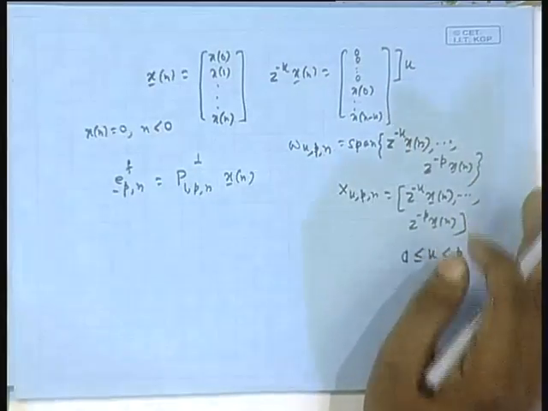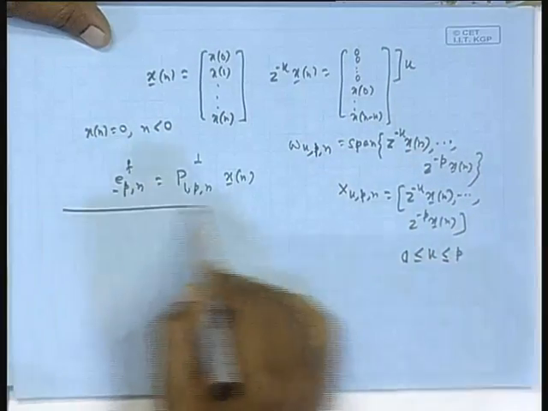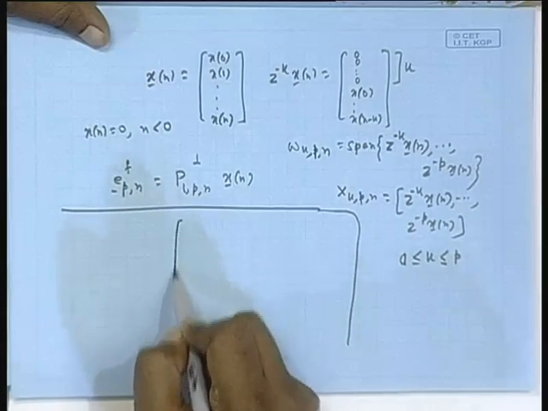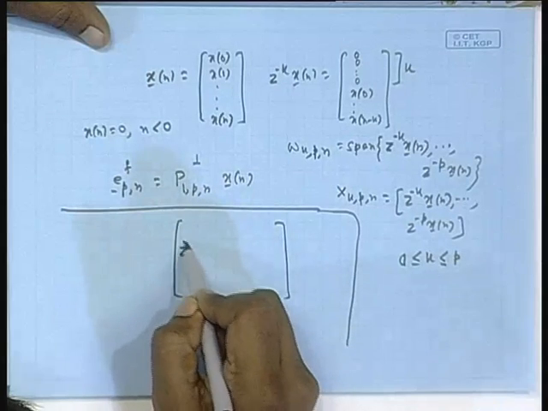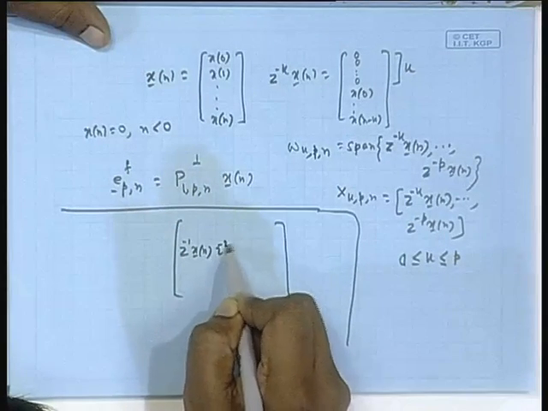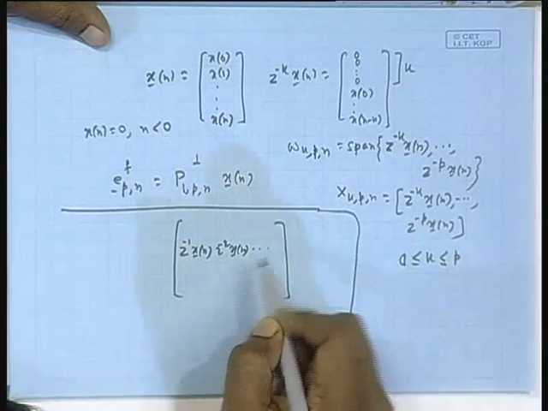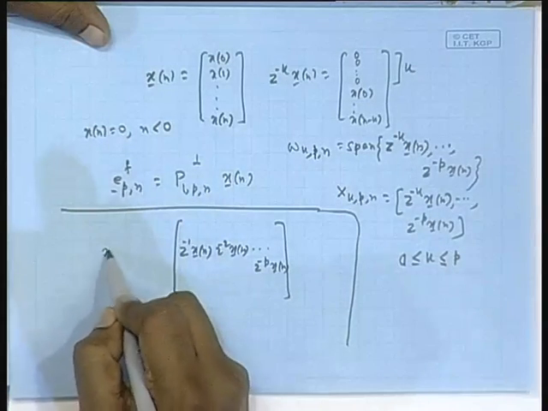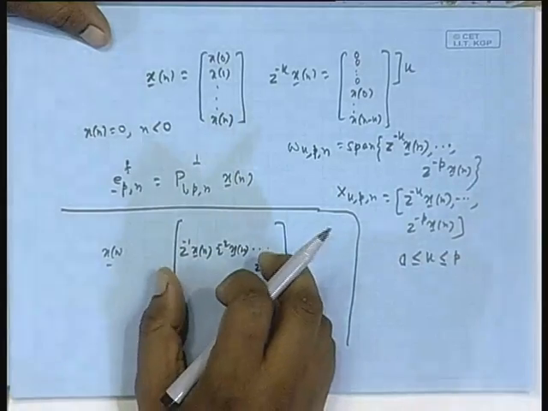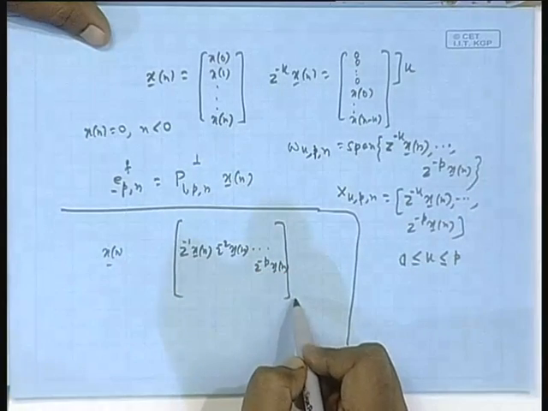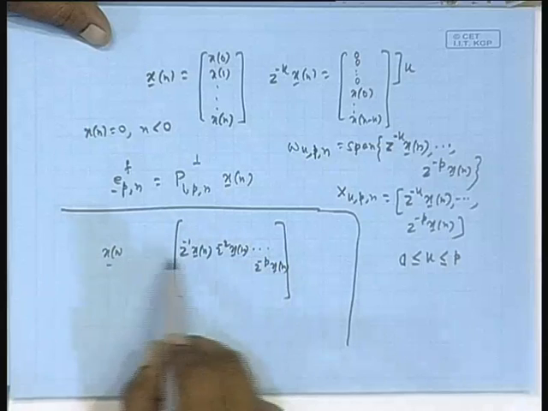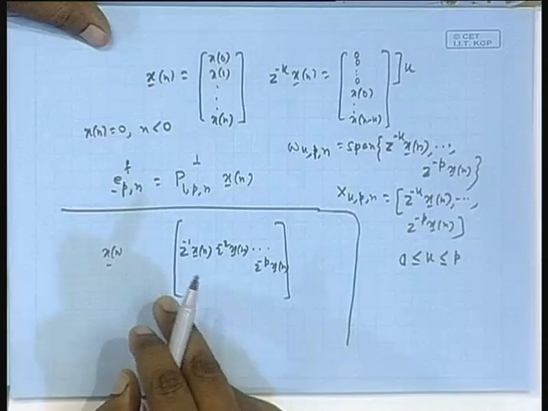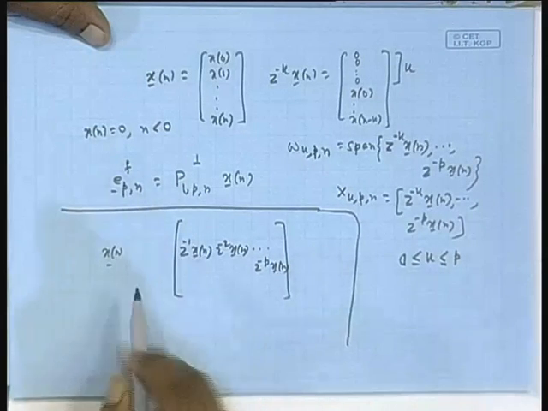Okay. Just quickly, what does it mean actually? Just for once I will do this repetition thing. You had z inverse x n, z inverse 2 x n, dot dot dot, last one is z inverse p x n. These are the columns. You have got the x n vector on one hand. You have to find a set of linear combiner coefficients by which you will combine the columns, take the error, take the norm square of the error. Norm square is not just sum of squares, it is a weighted sum of squares, weighted by the factor lambda. That is, find the error here.